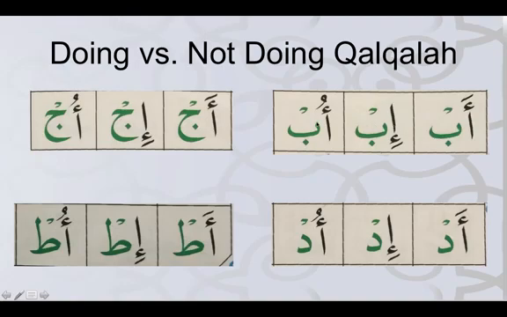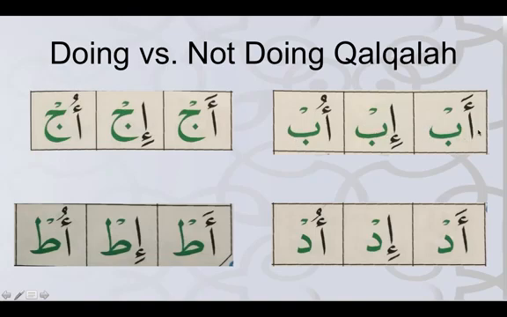So I will do these 3 letters correctly first and then incorrectly, and I want you to hear the difference. And that will tell you what is meant by the qalqalah. That little echo, ab, that's that at the end, slight movement, slight bounce. Not a movement, it's a slight bounce, it's a slight echo. It's called a qalqalah. So first we'll do these three correctly, then we will do these three incorrectly, and I want you to hear